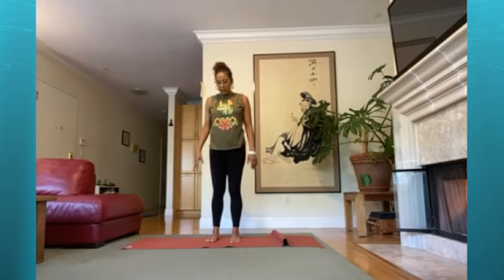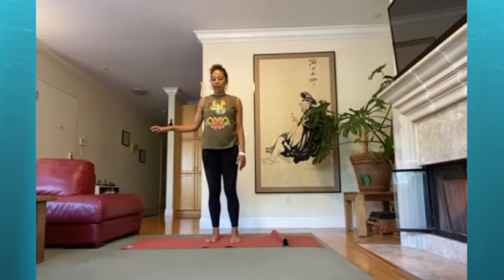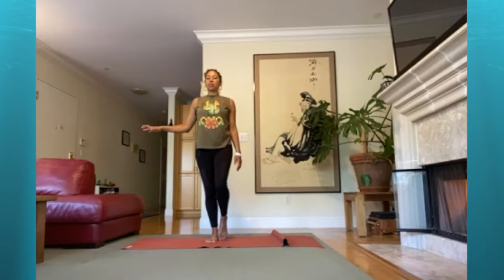So you can turn around if you need to. You remember what we did on the side, so you can put your right hand onto the right chair, grounding into your right big toe, micro bend in the right knee, shifting your weight over into the right hip, gently, and then drawing the left big toe over to touch the right arch of the foot, and gently lifting that left toe, sliding it up to the ankle, and then bringing